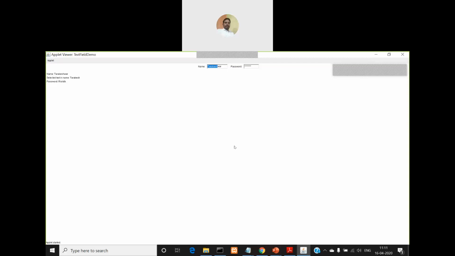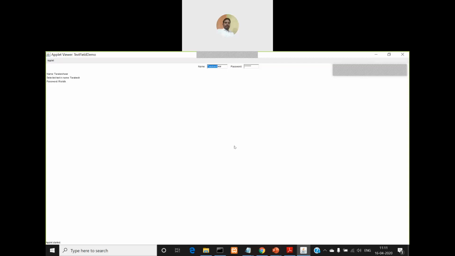But even though we are not using any layout managers here, by default there is one layout manager that is used in every applet program or AWT program. So that default layout manager is being used here. If you want to change the way you lay the components or controls on the screen, you can use the layout manager concept, or you can specify the location on the window by using different constructors, and there are some methods also defined in these classes, the text field class or label class.